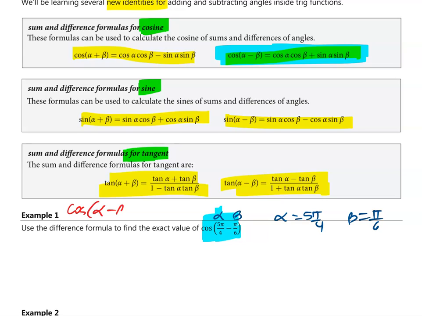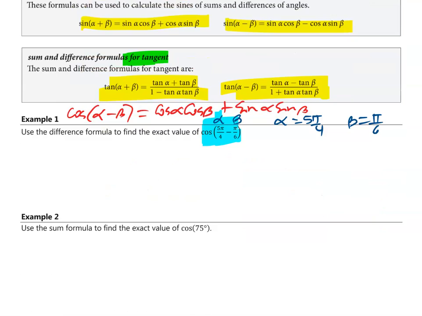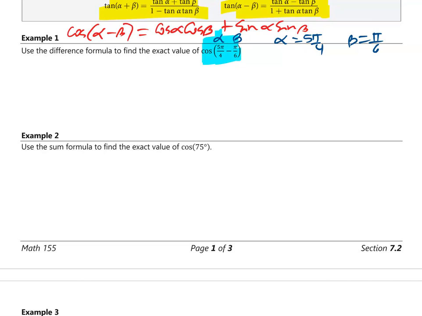The difference formula for cosine is cosine alpha cosine beta plus sine alpha sine beta. So let's do that. So that is equal to cosine of 5 pi over 4 times cosine of pi over 6